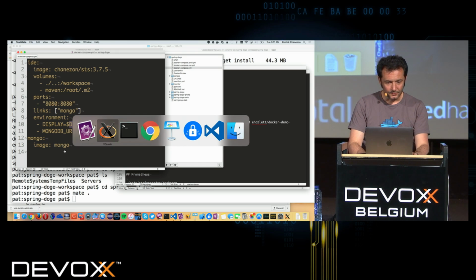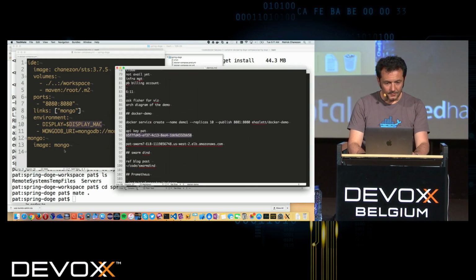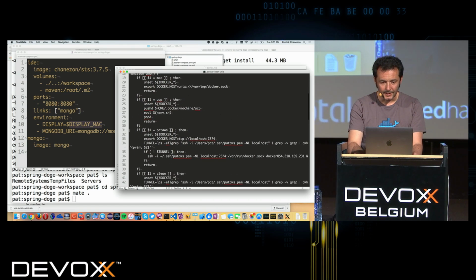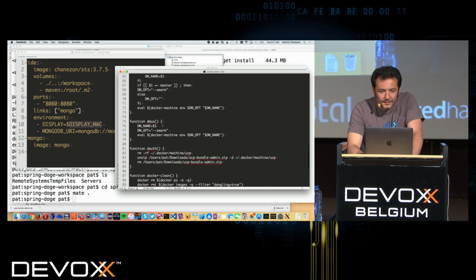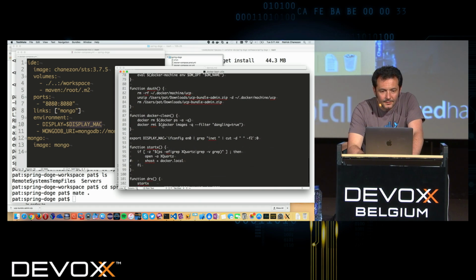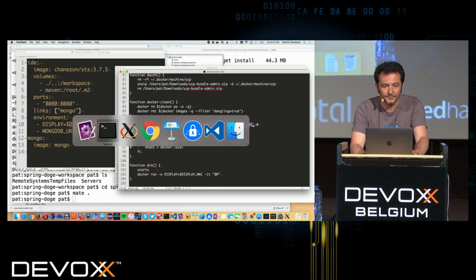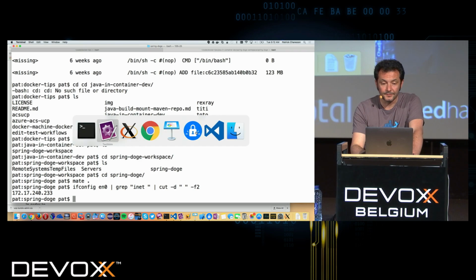Actually, let me show you how all these steps are documented on my GitHub repo. I think it's display Mac. That's a little command that gives you the IP address of the Mac as viewed from inside of the container.